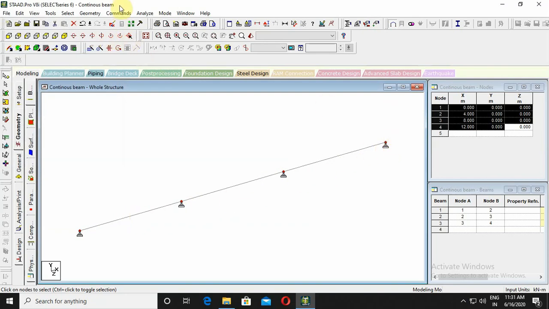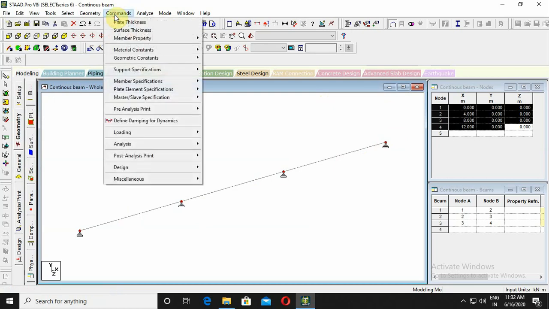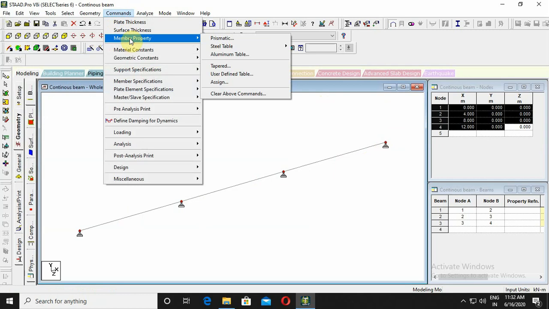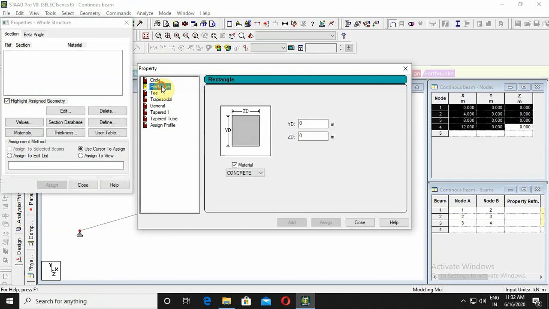Now we need to define the member property, or member dimensions. Go to commands, then member property, and then prismatic. Click on prismatic, and click on rectangular beam. YD means depth of the beam, ZD means width of the beam.